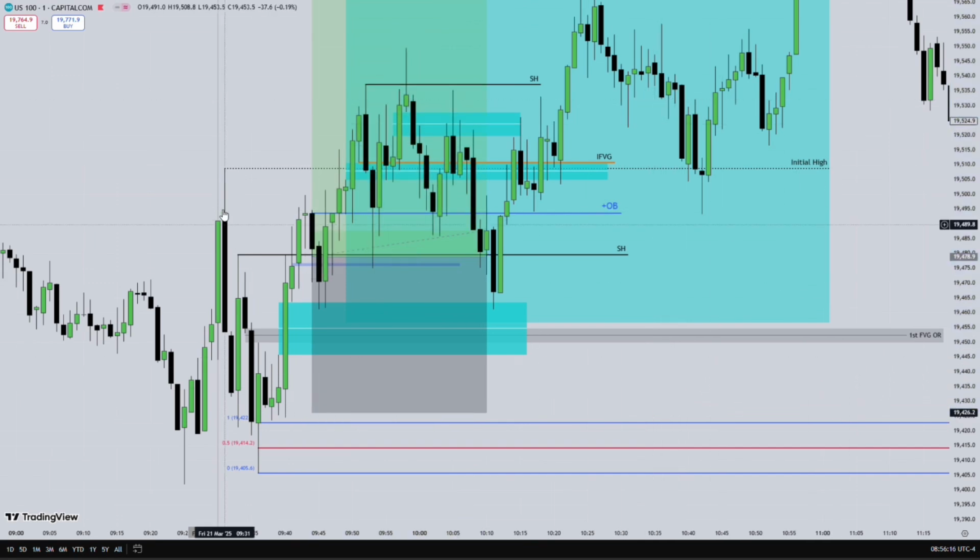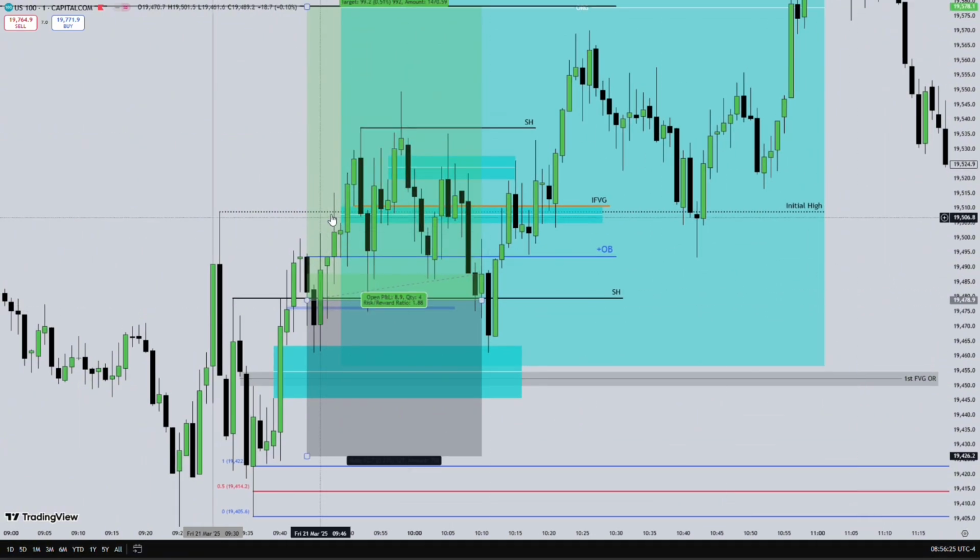Right here, this could also be another entry. Okay, not the order block. And then price created another fair value gap, and then traded higher above it, then below it, closed below it, then traded higher above it again. At this point, I thought it would be an inversion fair value gap, but unfortunately this was not the case. It started to trade lower, and it just ignored this fair value gap completely.